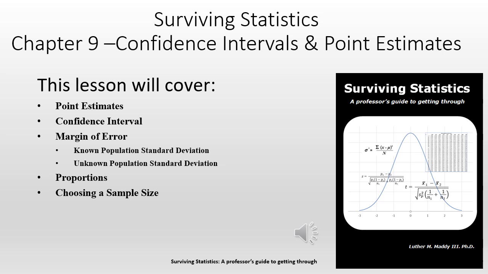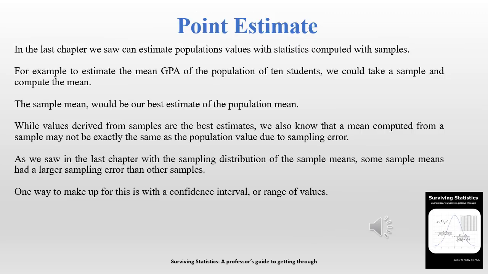Well, we made it to Chapter 9 of Surviving Statistics. In this chapter, we're going to talk about confidence intervals and point estimates. A point estimate is one specific value. So in the last chapter, we saw that we can indeed estimate population values based on statistics that we compute